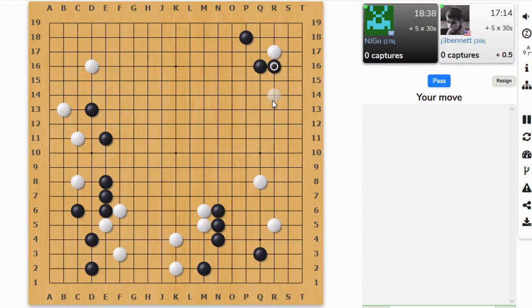But if I approach from this side, then he can invade. Then he can block, and then he can get the corner. So we'll start a little fight in the corner here. I don't know, maybe that invasion doesn't work. And he branches out. Okay, so I'm going to